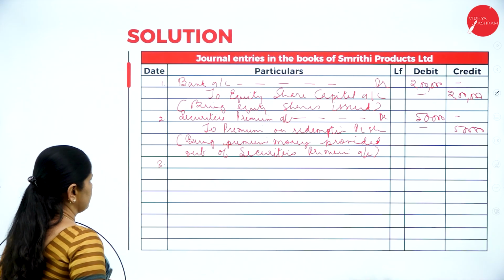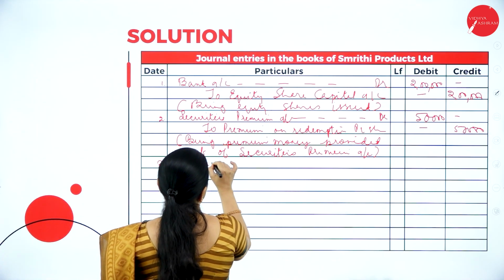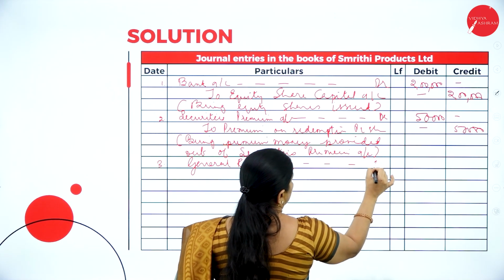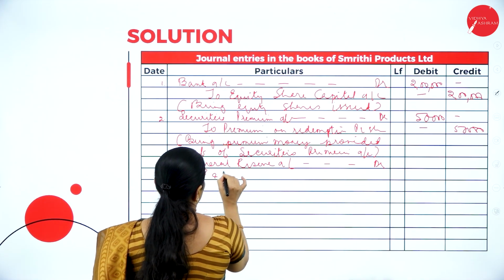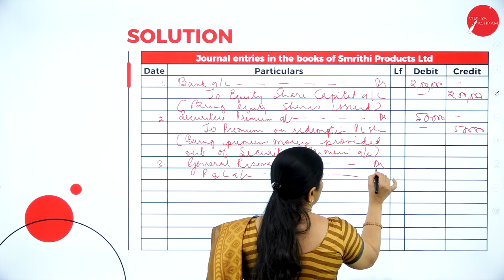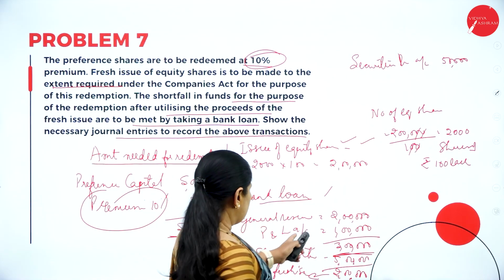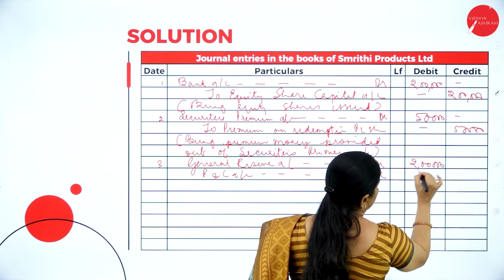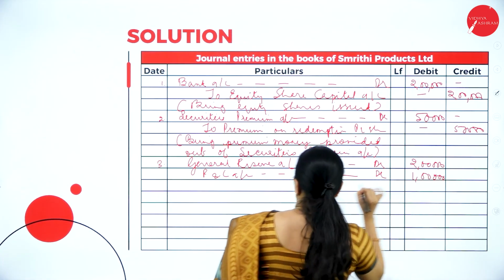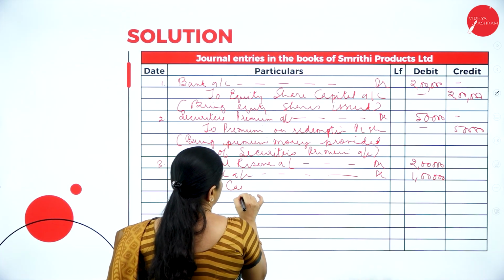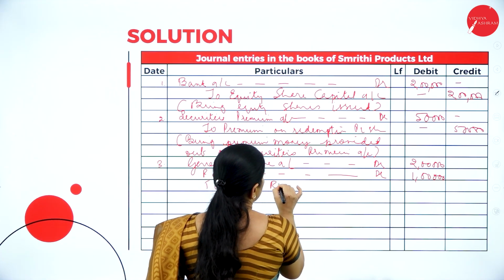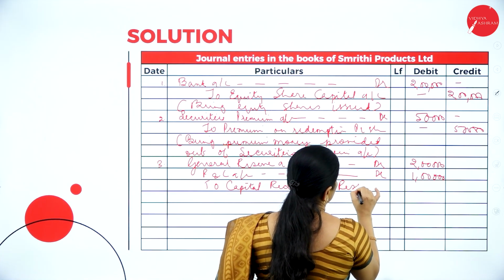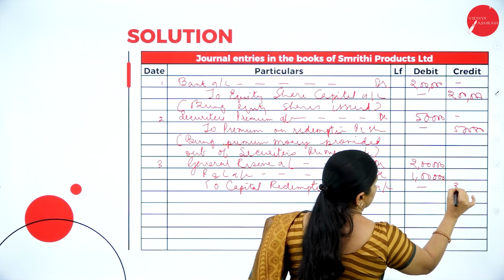So I write: General reserve account debit 2 lakhs, profit and loss account debit 1 lakh, to capital redemption reserve account 3 lakhs,